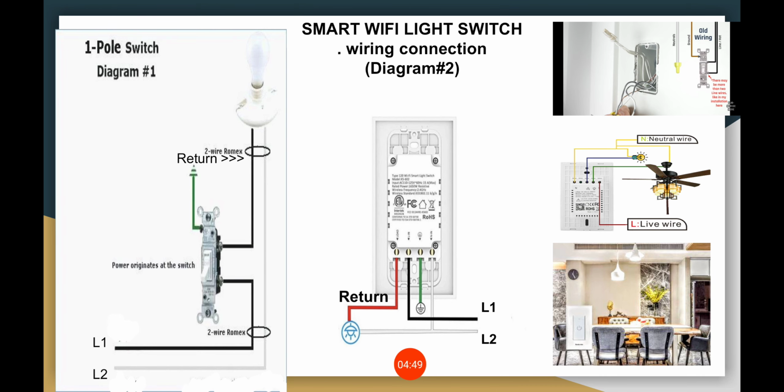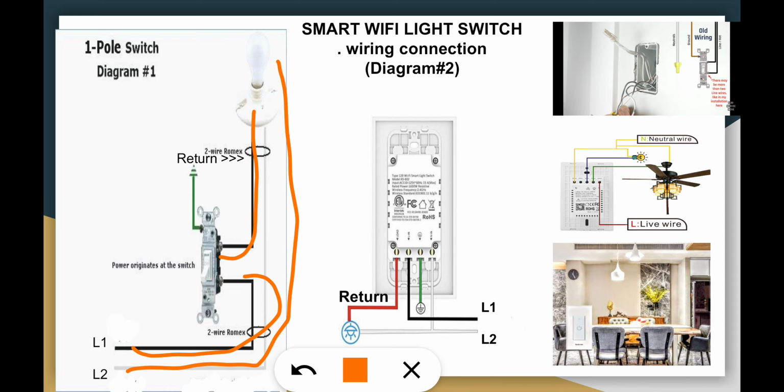This is actually what happened with my customer. When I was dismantling the old wiring, which is line 1 and the return, and then to the load, and line 2 directly to the load, I installed the smart light switch using this same connection. Then I turned it on. It didn't work, and I was figuring out what was going on. When I tried to figure out this diagram,